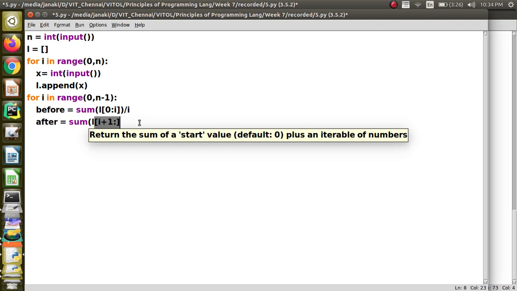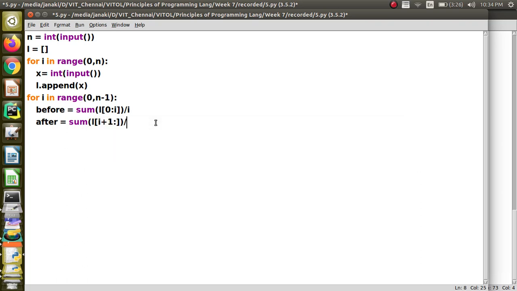We will not give the end index, then automatically it will go up to the last. Then when you want to divide, you have to divide it by n minus I minus 1. So this is how you will calculate the average of the elements that come after in the sequence, right?